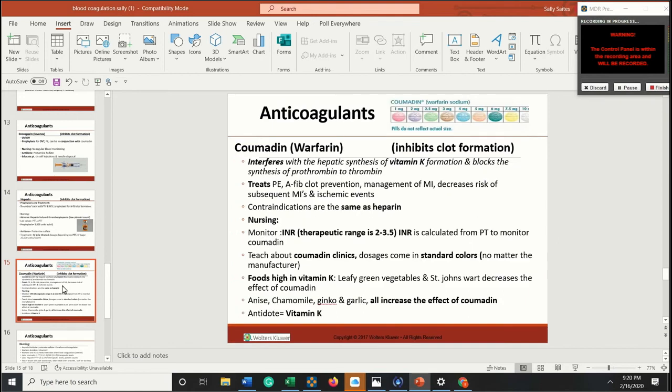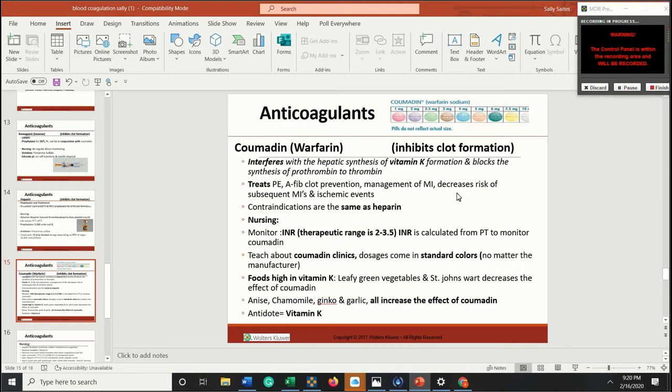Coumadin. This is what I was talking about before up here. When a patient comes in and you're doing their medication reconciliation for their history, they'll say, "Oh, I don't know what Coumadin I'm taking right now, but I know it's the light pink or the green. It might be the green tablet." So it's very easy to find out how many milligrams they're taking based on the color of the tablet that